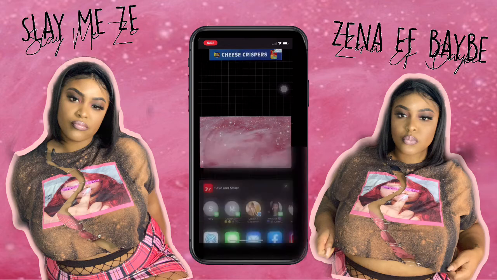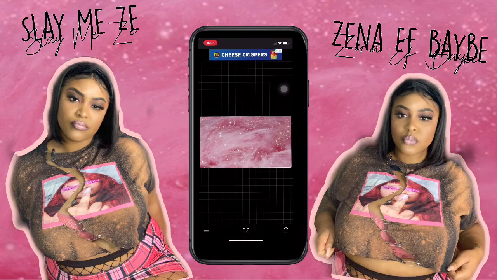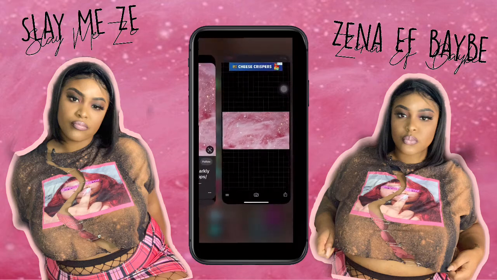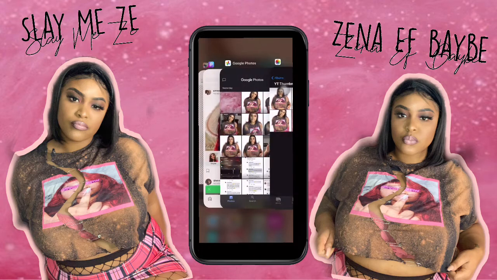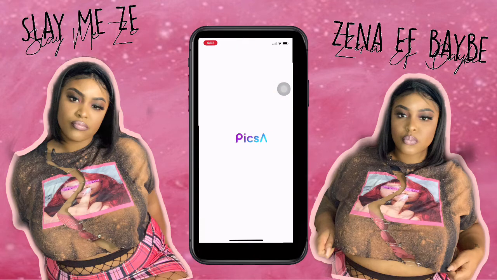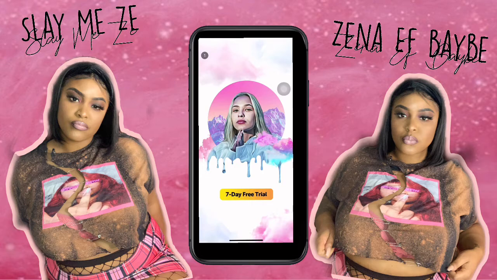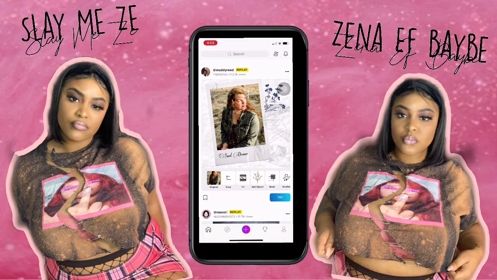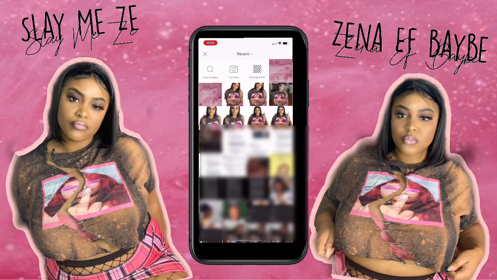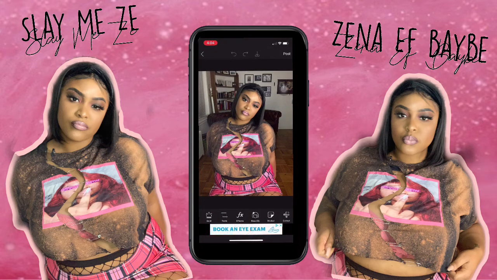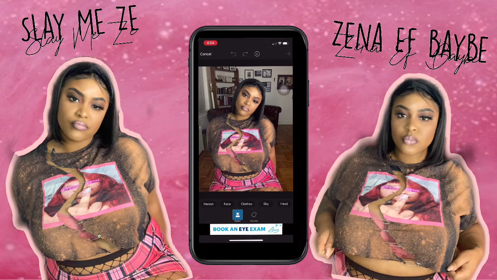So now we're just going to save that image and we're going to pop over into our PicsArt app. So for the purpose of this video, I'm going to show you guys how I cut my images out and I get that little border. I did cut all of them out beforehand, but I just want to show you guys a really great feature if you already didn't know. So I'm going into PicsArt and I'm just gonna go ahead and pull up the picture that I'm using. So I clicked on that picture and now we're gonna press cutout